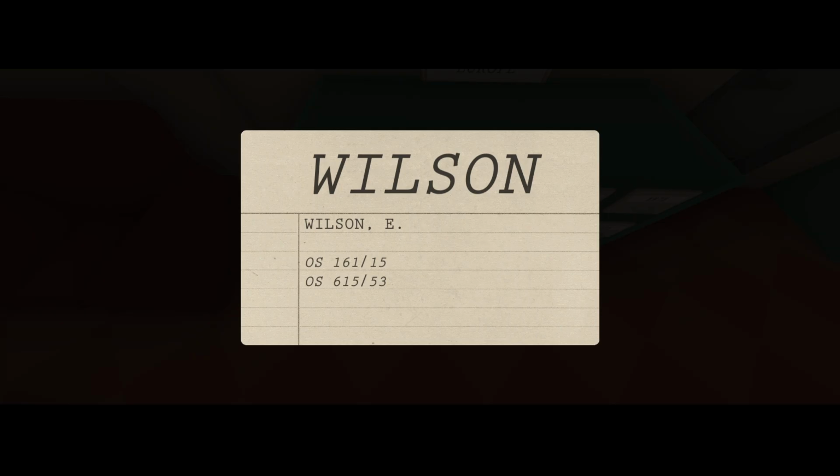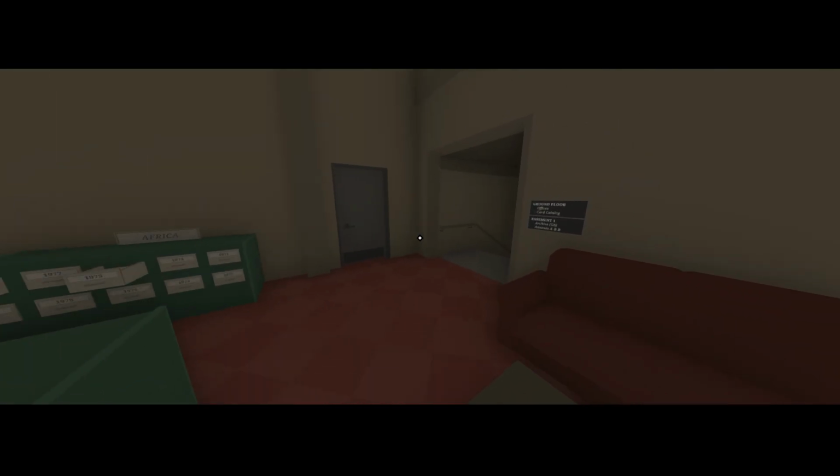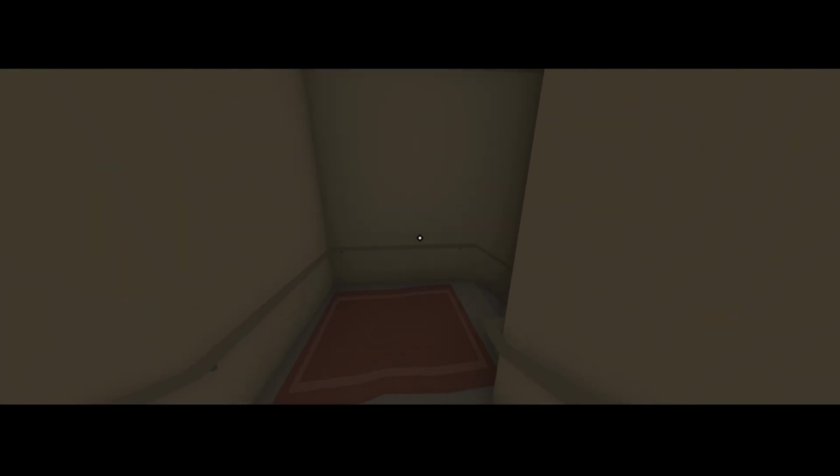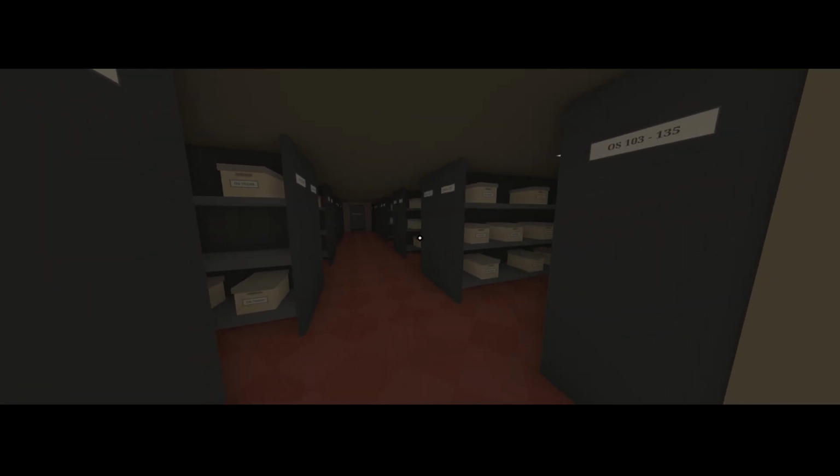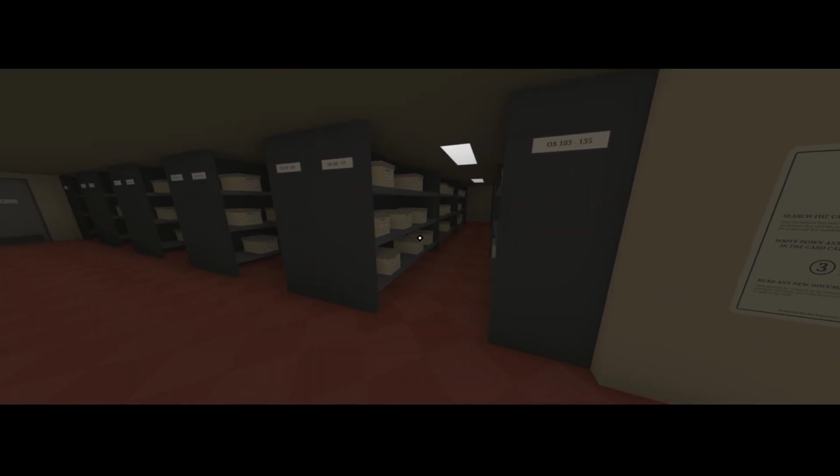That might be a mistake on my part. 161.15 and 6:15:53. I probably grabbed one of those already. I just didn't write it down in my notes. Hopefully no one breaks in while I'm down here again. Let's check 161:15.